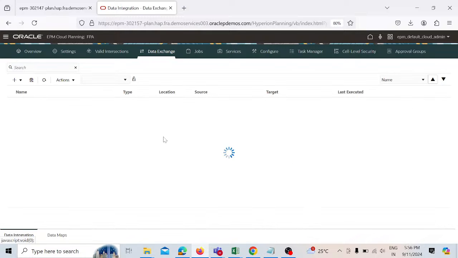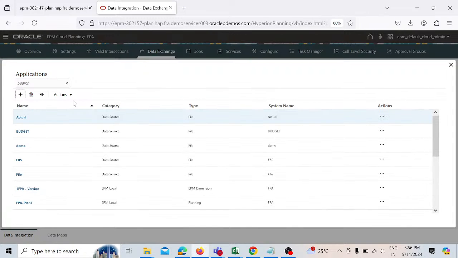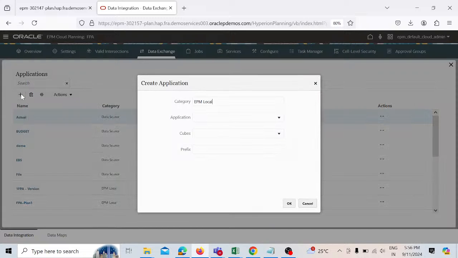So we'll go to data exchange. Under action, click on applications and click on this icon,